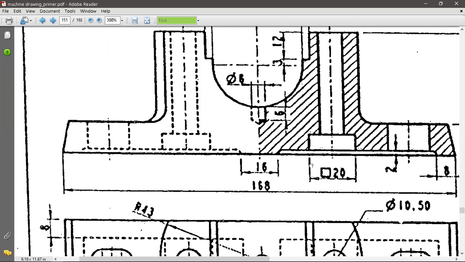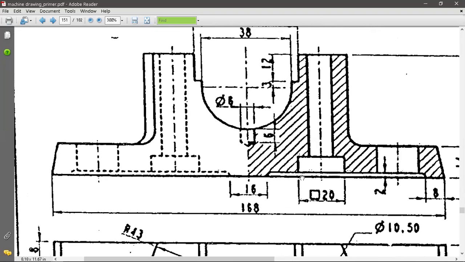So this is the front view of the body, and they have given the right half in section, the left one in view. So whatever assembled complete drawing you are going to do, you have to maintain the same. The right half should be a sectioned one, the left half should be your view. So here observe all these dimensions given.